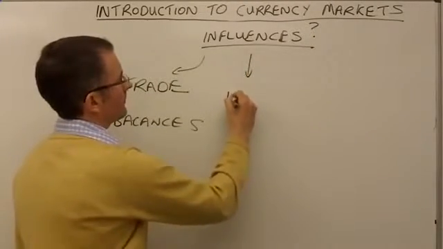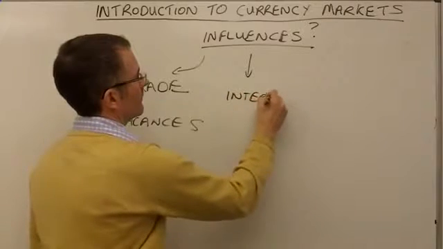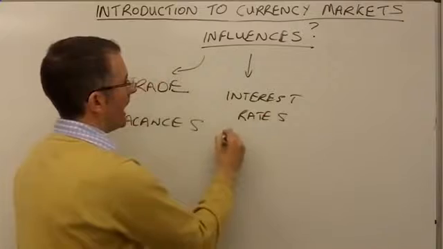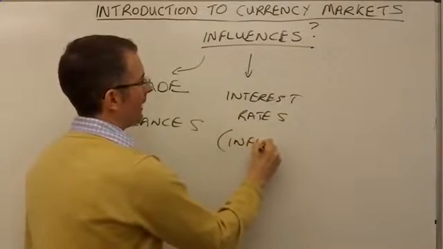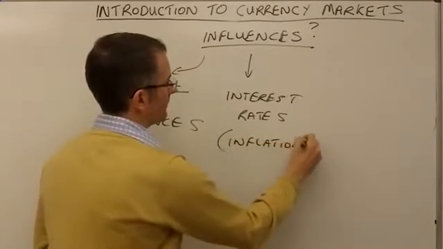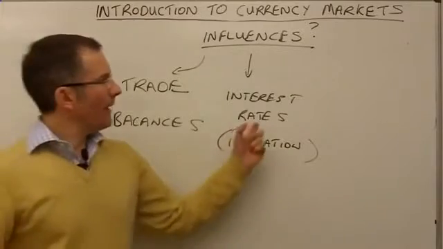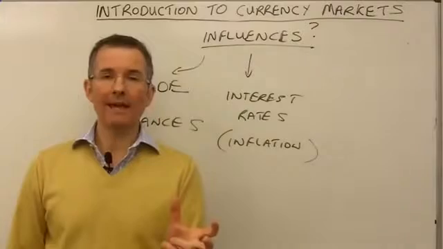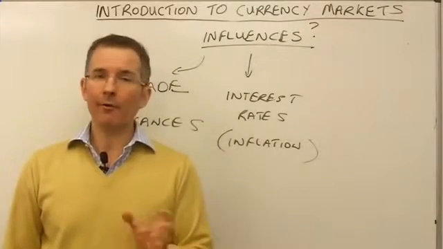Number two, interest rates. And you might say, linked to that, inflation data. Basically, the price of the currency is dictated heavily by what you can earn if you own it. So, if US